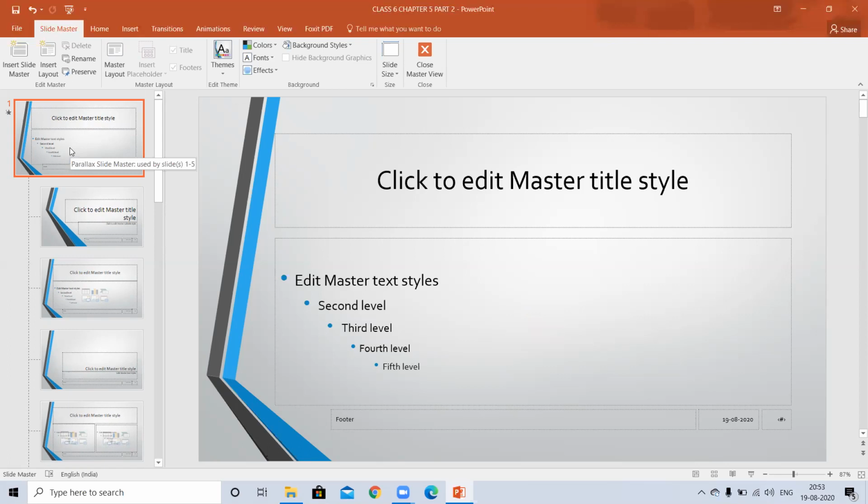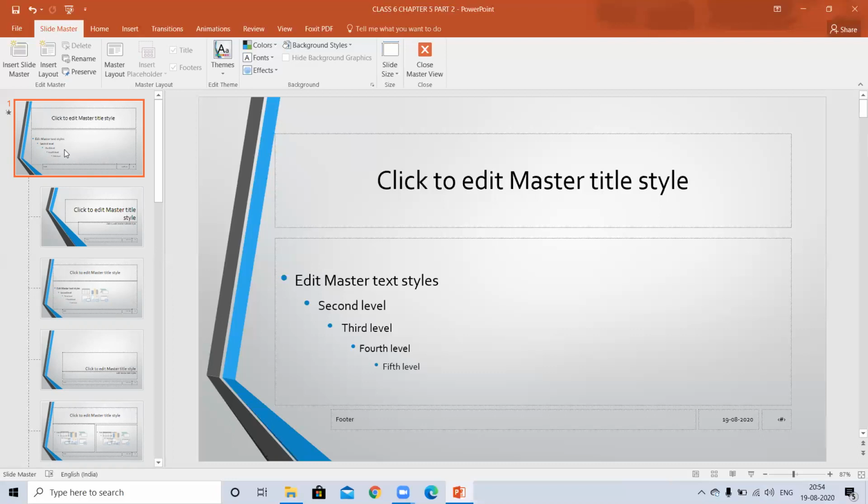With the help of master view, we can give an effect on the entire presentation, not on a particular slide. Means on all the slides we can give the same effect: the same layout, the same background, the same color or logo, or the same font, size, and color. These all effects you can give on the entire presentation.